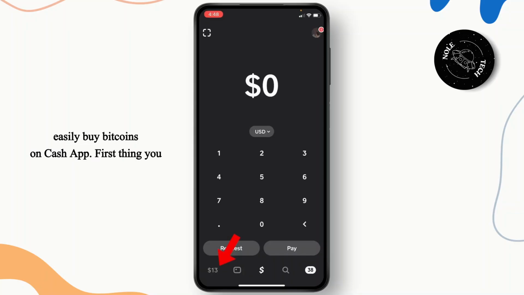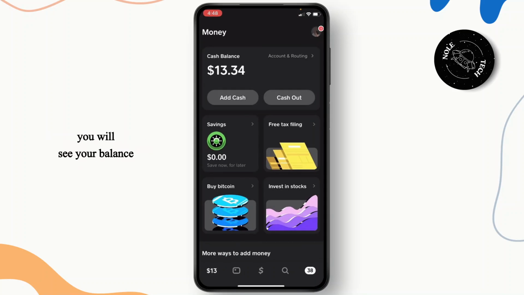First thing you have to do is make sure that you are logged in inside your Cash App application. And if you have a certain balance on your Cash App, it will show the balance on the bottom left corner. Or if you don't have any balance, it will show you guys the bank icon. So simply head over to this tab right here, and once you click on it, you will see your balance,